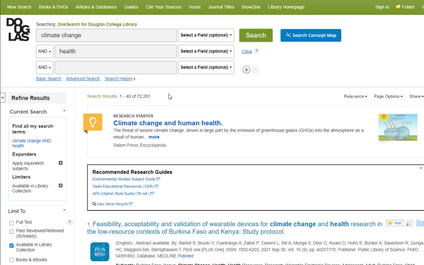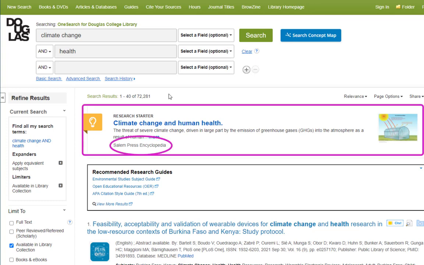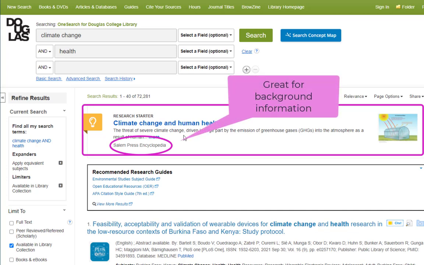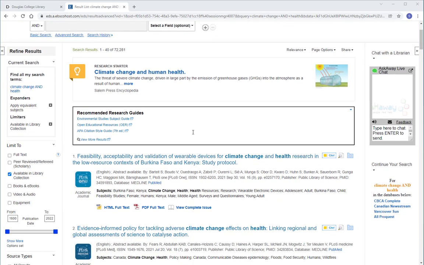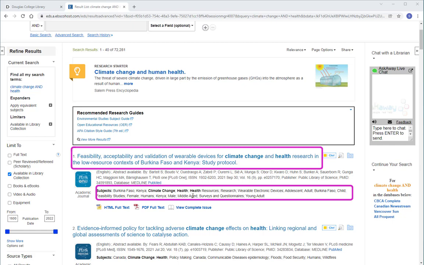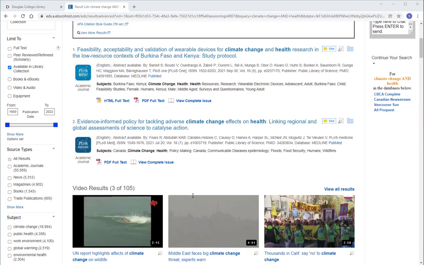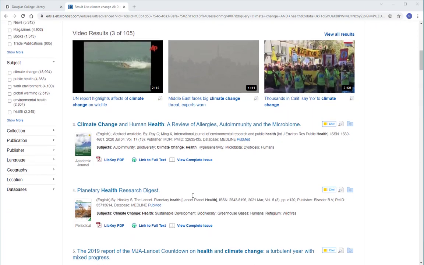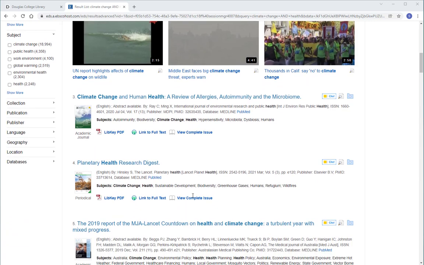You'll see that our first result is an encyclopedia article. Encyclopedia articles are an excellent place to start if you're new to a topic and would like some background information. As I scroll through the first few articles, I'm looking at the article titles and the subjects listed. These will give me clues as to if I'm using the correct vocabulary and if my results are related to